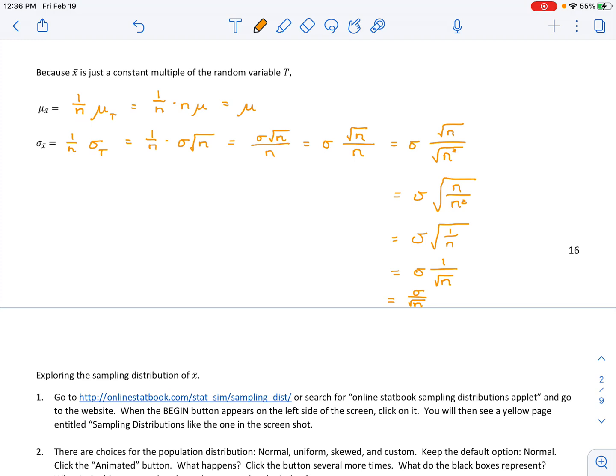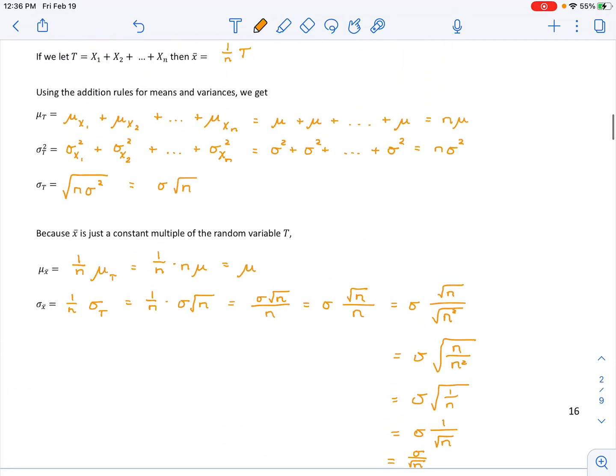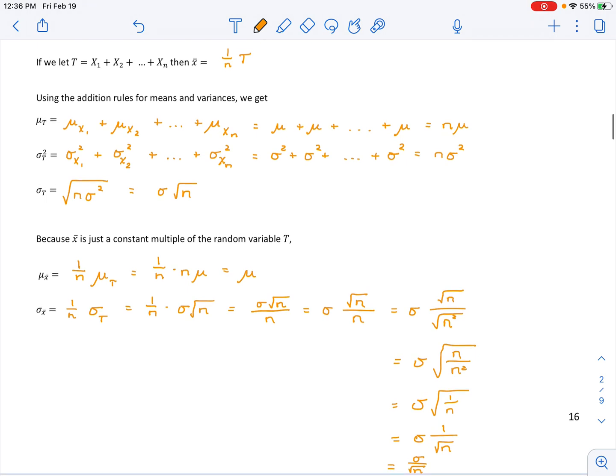So not a super intuitive process of figuring that out, especially if your algebraic simplification skills are a little bit rusty. But I did want to show it to you rather than just saying, hey, here's a magic formula, trust me, it works. Here's the algebraic mathematical reason why it works that you don't actually need to